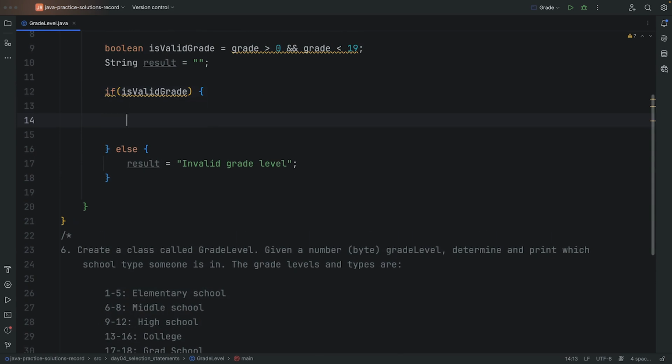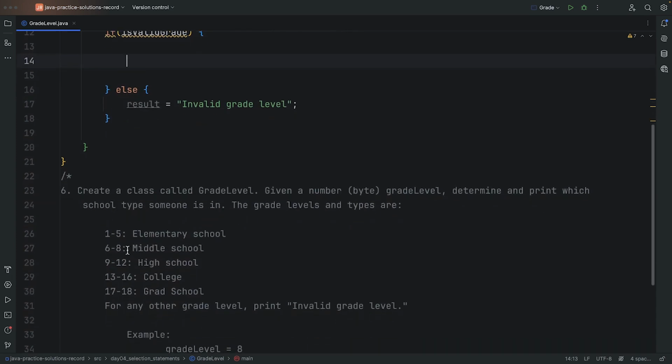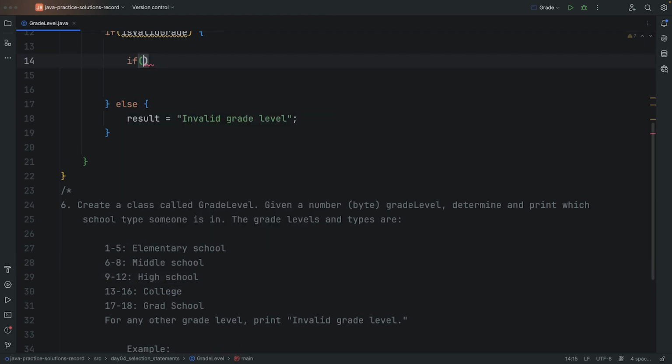So that's just one alternative that I'm going to do here. If you did it the other way, that's completely fine too. But if you did it that way, you're going to have a bunch of ANDs, right? Are you more than 1 and less than 5? Are you more than 6 and less than 8? So I'm going to construct it in a way where I don't need to put a bunch of ANDs. I'm just going to do it